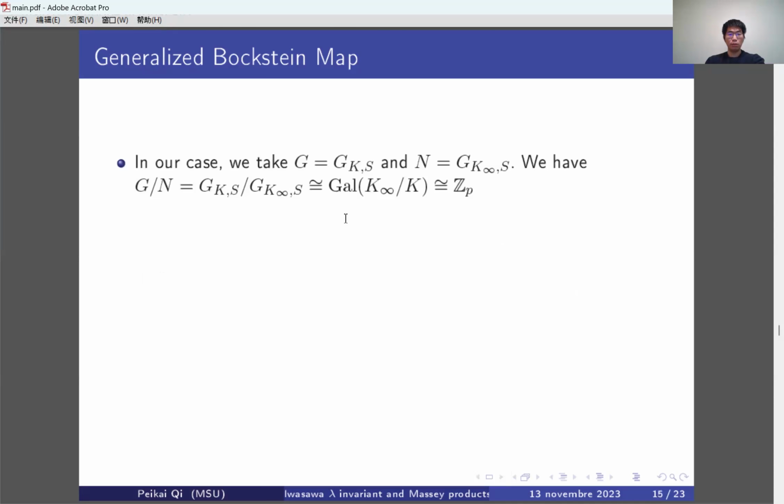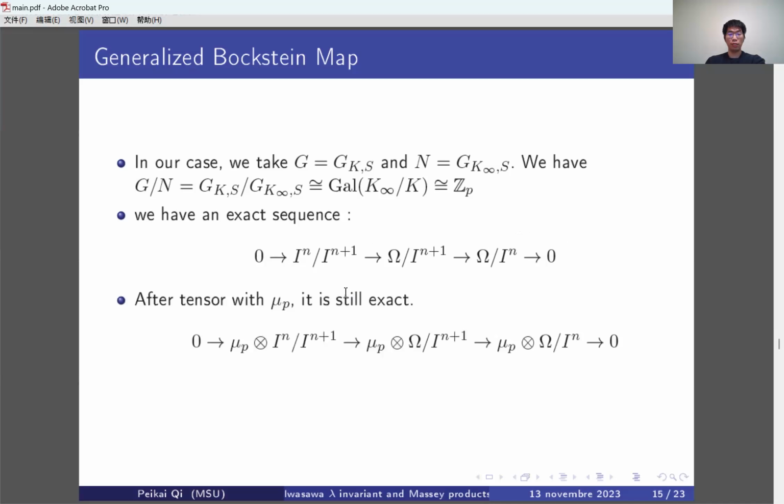Okay. And in our case, we take G to be the Galois group. Recall that G_{K,S} is the Galois group of the maximal extension of K unramified outside the prime P. And similarly for G_{K∞,S}, then G quotient N is isomorphic to Z_p. And we have an exact sequence in this way, but we didn't directly take this exact sequence because we are